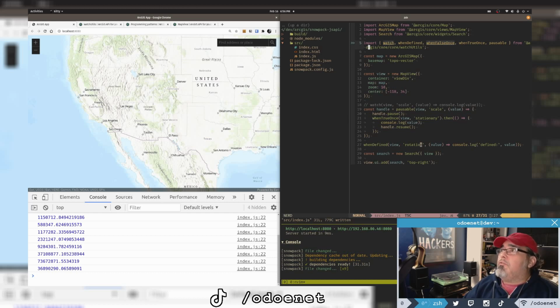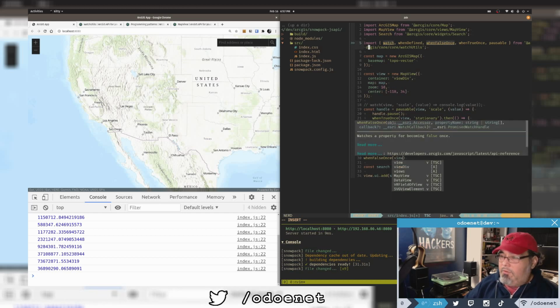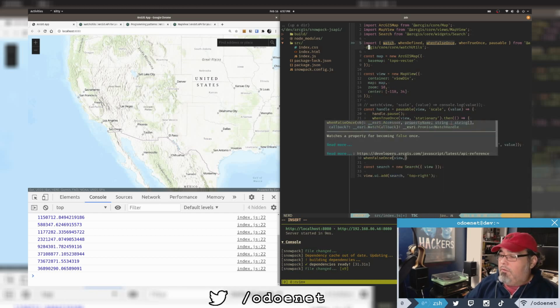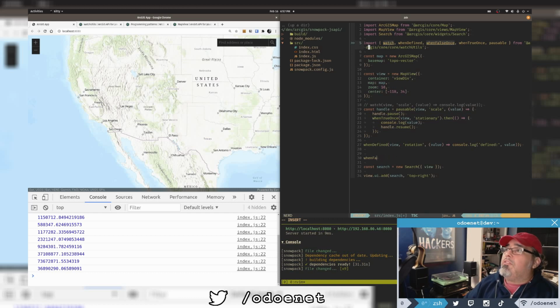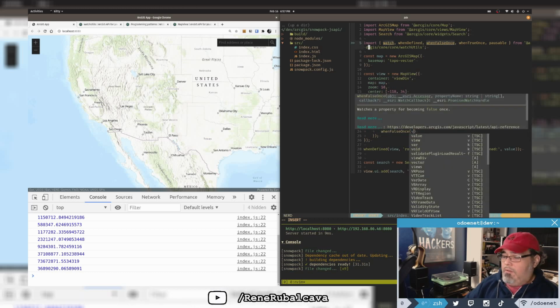Maybe you want to start doing something with the view. I don't know what you would do, but you'd use whenFalseOnce. So for example, we would watch for whenFalseOnce view... Actually, no, we should probably do it something else. So view stationary. And I don't know if this is going to work. Let's try it. whenFalseOnce view